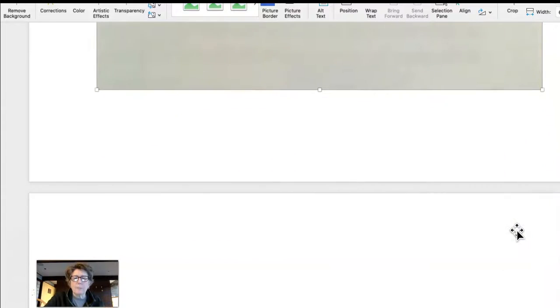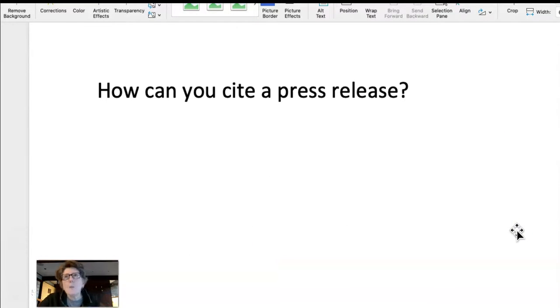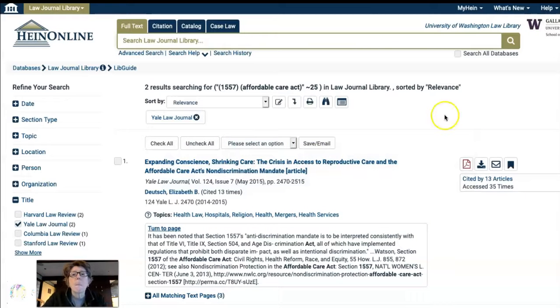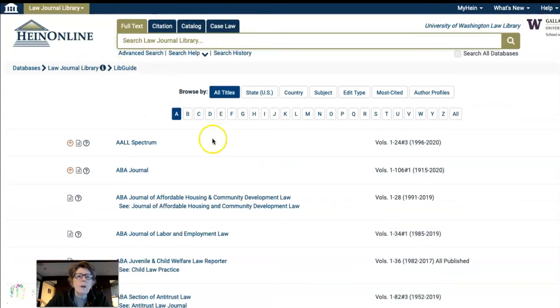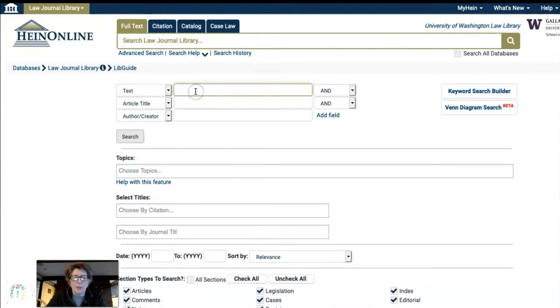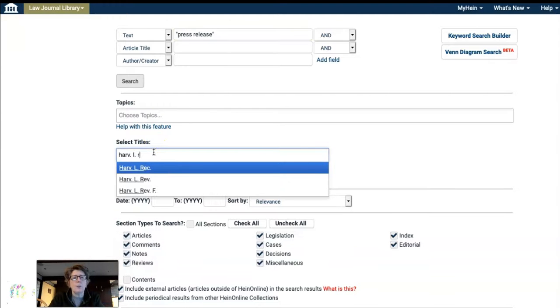Let's look at another example. How can you cite a press release? Now, somewhere in the Bluebook, there's a rule telling you this, but let's just look for an example. I'm going to go back to Hein Online, and this time I'm going to go to the Law Journal Library and start off with an advanced search. I say I want press release, and I'm going to say up front what journals I want. I want an example from the Harvard Law Review